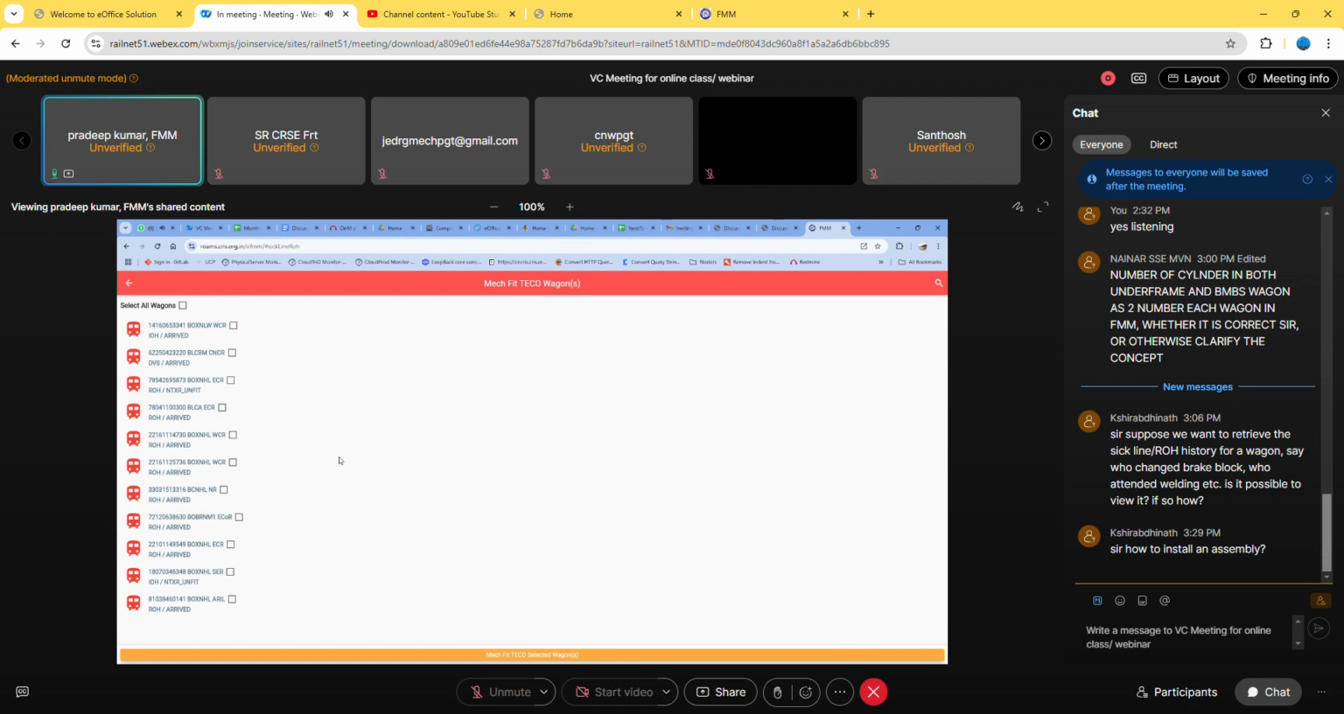This wagon is now available with the NTXR, my connected NTXR, and further they have to provide it a fitment or unfit memo. So as you see,